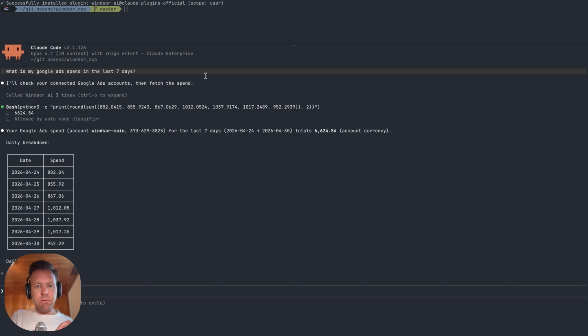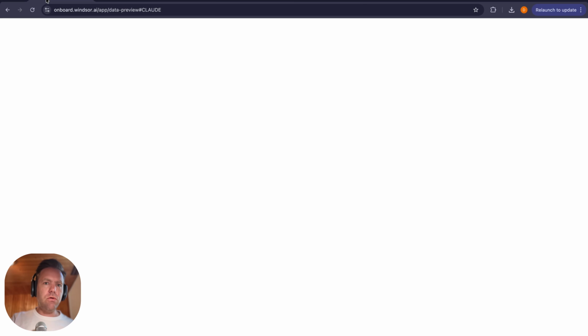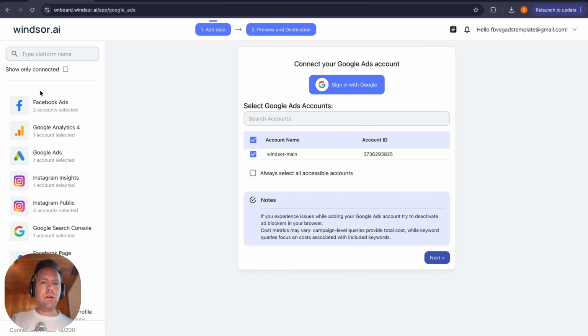Now we have seen 3 ways of getting Google Ads data into Claude, and we have seen 3 ways of utilizing Google Ads data inside Claude. Going back to the connectors quickly, this is not purely focused on Google Ads, but of course you could also go and connect any other data sources and then tell Claude to join the data together to get you insights, for example, connecting meta ads or connecting your CRM system and joining all the data together in any of the